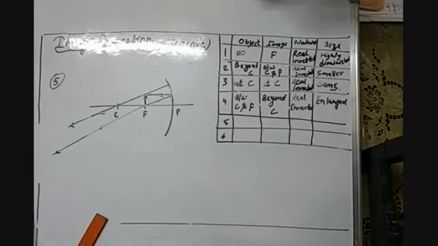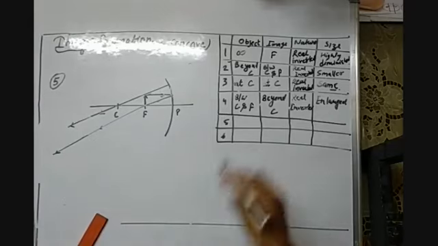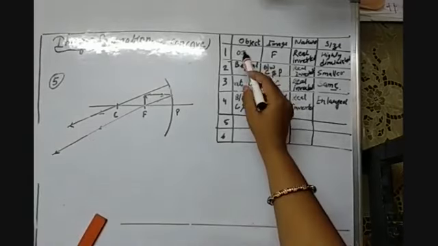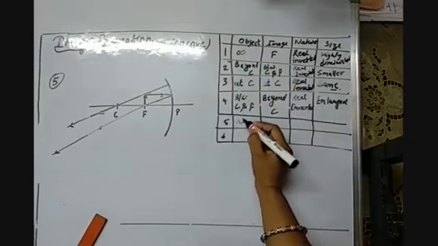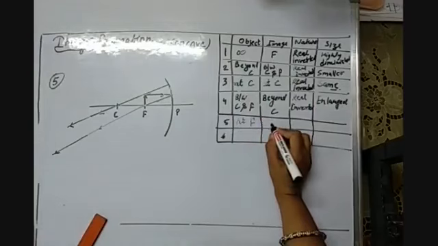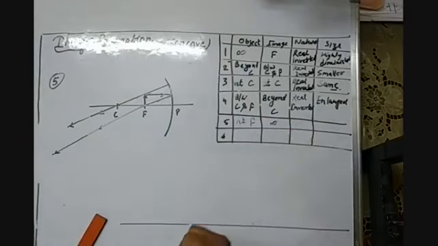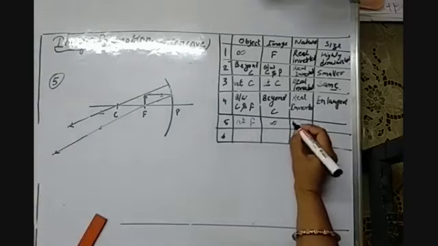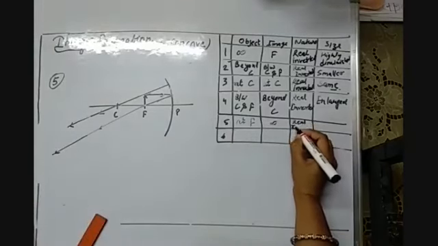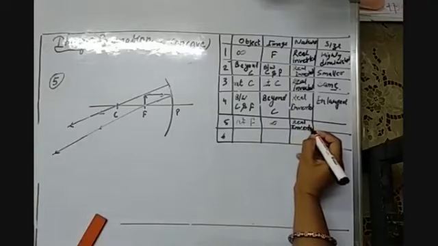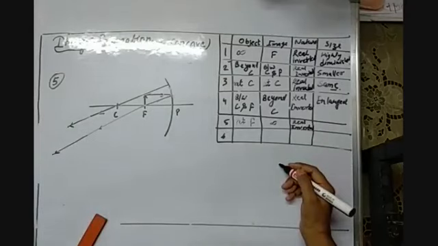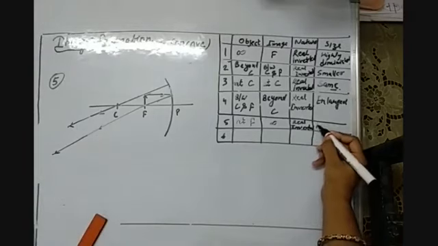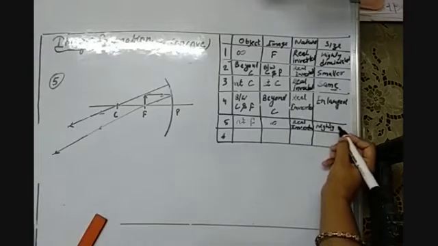Again, this is just the opposite case of the first one. When we kept the object at infinite distance, we obtained the image at F. Now we have kept the object at F, we obtain the image of the object at infinite distance. Obviously it is real and inverted. And as these two lines will meet at infinite distance, this will be very low below the principal axis, so it will be highly enlarged.